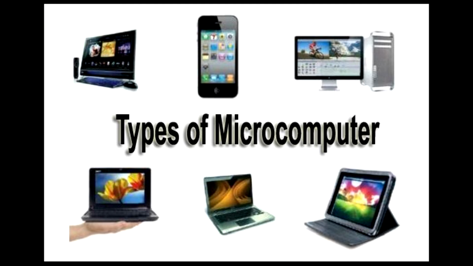These are all desktop computers. Next, laptop. A laptop is portable, wherever you want you can take it. A battery-operated computer. How will it work? By using the charge, there will be a battery. Next, display, keyboard, mouse, processor, everything is attached in one body only.